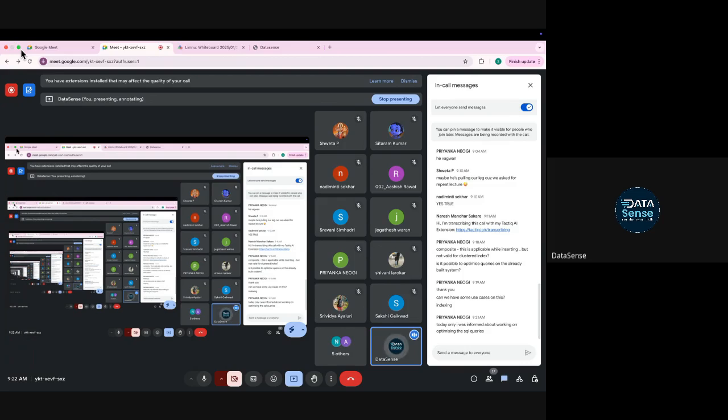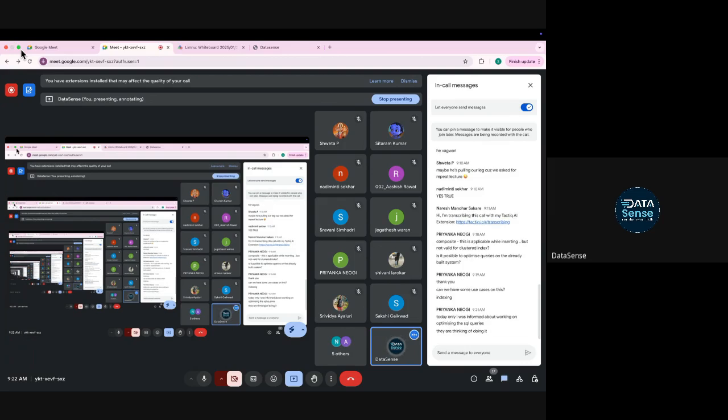There are a lot of methods to optimize your SQL queries, like selecting only the relevant columns. Don't do select star. Use window functions if you want to optimize your SQL queries. Use CTEs. Again, if you don't know CTEs, at least start using window functions. If these things are already sorted, then start using indexing and stored procedures. These are the methods of optimizing SQL queries.